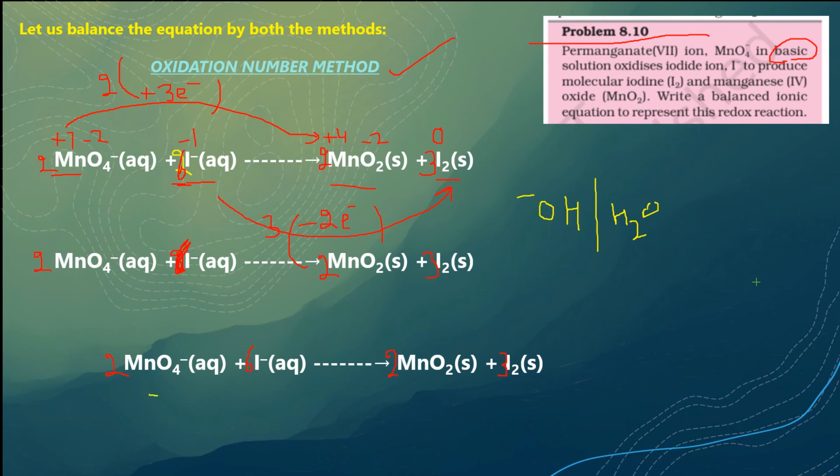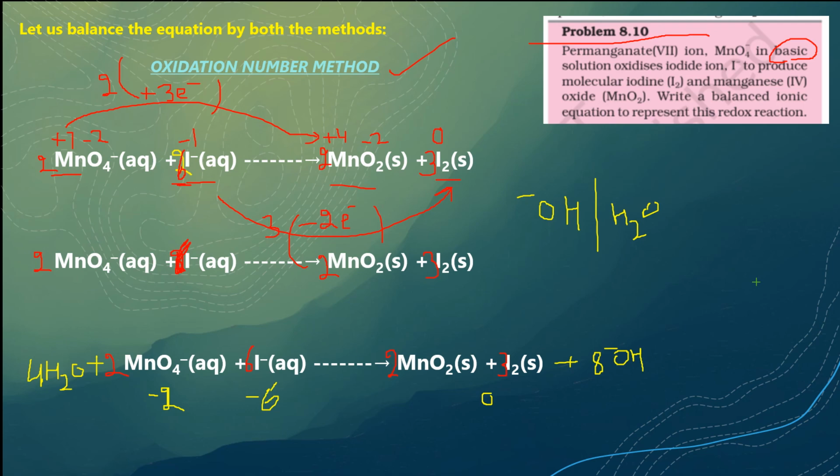Here you have minus 1 charge. On MnO4 minus, there are 2 MnO4 minus, so it becomes minus 2. Plus 6 negative charge, I can see 8 negative on the left hand side. And on the right hand side, no charge, 0. So if on this side I introduce 8 OH minus, because it is basic medium, I will be getting 8 negative charges here also. But there is no hydrogen on the left hand side, so I have to introduce 4 water molecules because 8 hydrogens are introduced already on the right hand side.